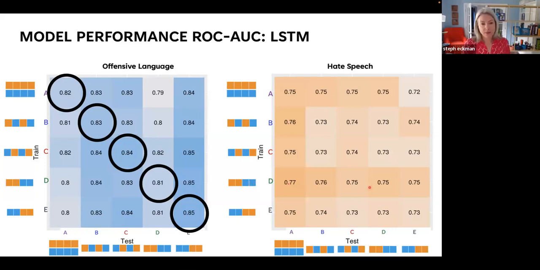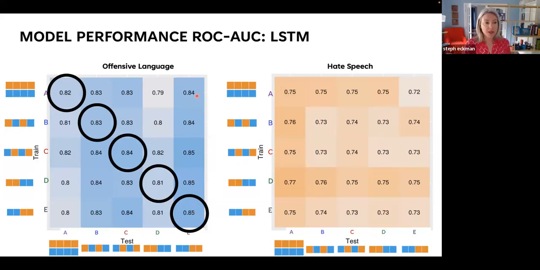So we see that the model trained in version D is doing pretty well. Here it sticks out as having a darker orange color, or higher performance metrics. And that's the one where the hate speech labels were collected first, right? And we see that E does well in the column, or when we test against labels collected in condition E, it does well in offensive language.